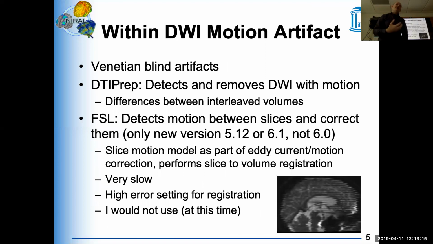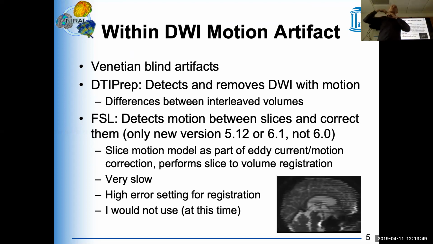The interlace artifact is largely a motion artifact, and that stems from the way the data is acquired. The data is usually acquired in a 2D EPI acquisition. That means the data is acquired such that first the odd and then the even slices are acquired. If it goes from top to bottom, it starts with 1, 3, 5, all the way to the top, and then once it's done, it goes back down